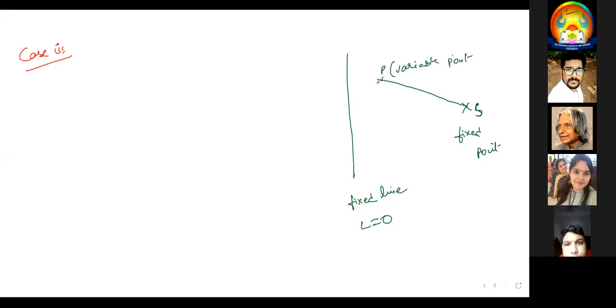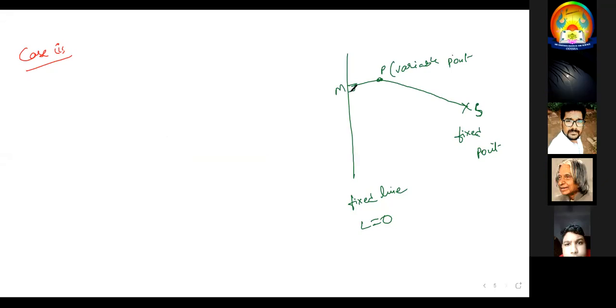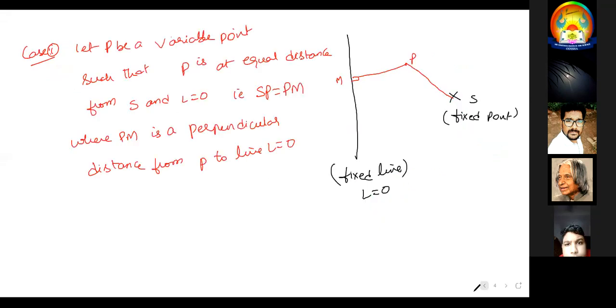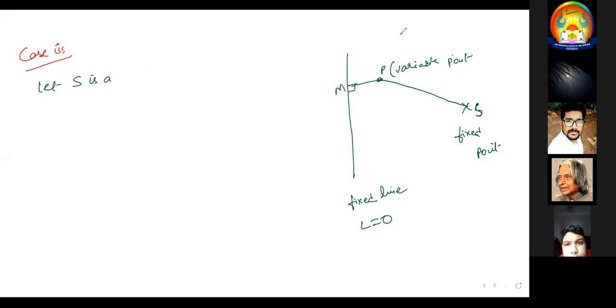If P is a variable point, which one is smaller, SP or PM? PM. That is, the point is nearer to the fixed line. That only I am writing. Let P be a